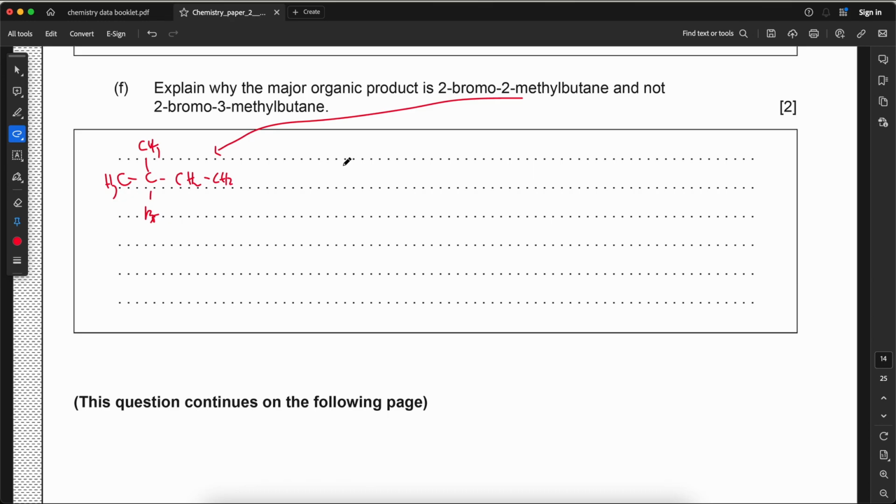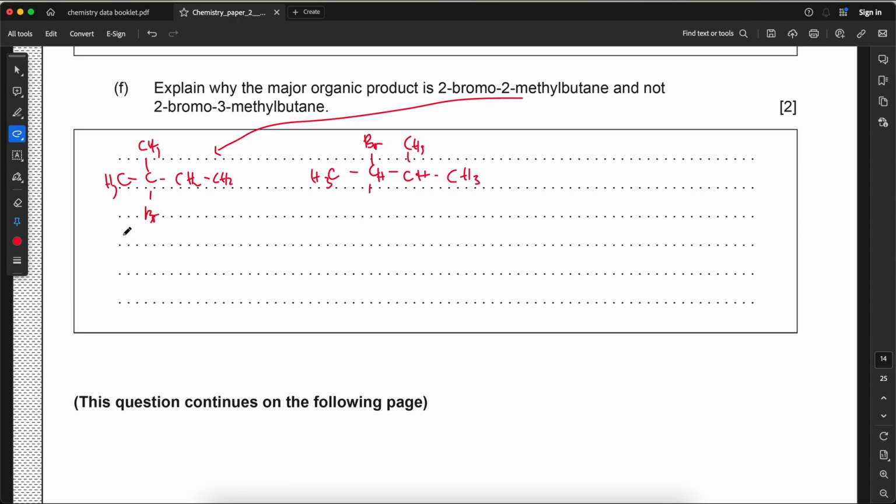But for 2-bromo-3-methylbutane, that would be CH3, CBr, CH3, CH, CH, CH3. Okay, so this C that the Br is connected to has 3 alkyl groups,